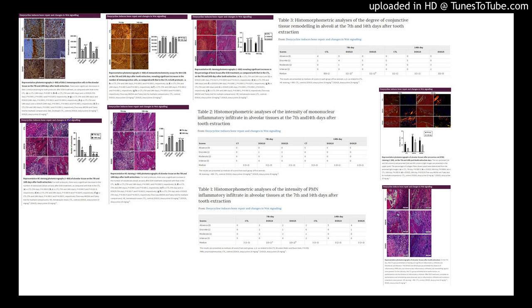Tooth extractions. The animals, N equals 5 per group, were divided into the following groups: control, CTL, groups treated with saline for 7 or 14 days, and 4 groups of DOX-treated rats, 2 of which were treated with DOX at doses of 10 or 25 mg/kg, PO, once daily for 7 days, and 2 of which were treated with the same doses of DOX for 14 days. The treatments started 1 h before the surgical procedure and continued for 7 or 14 days.